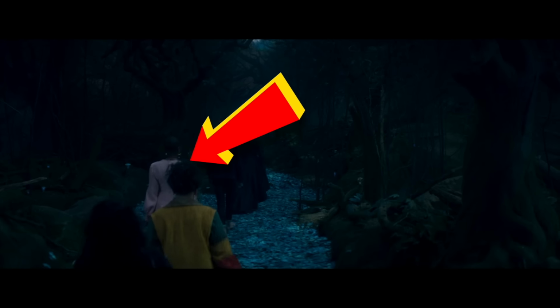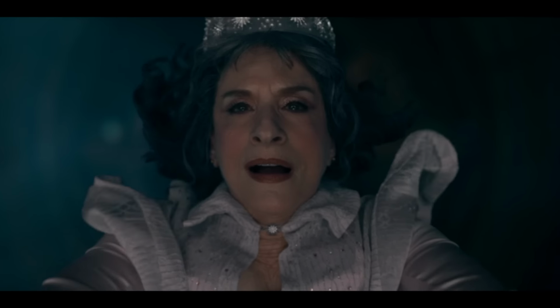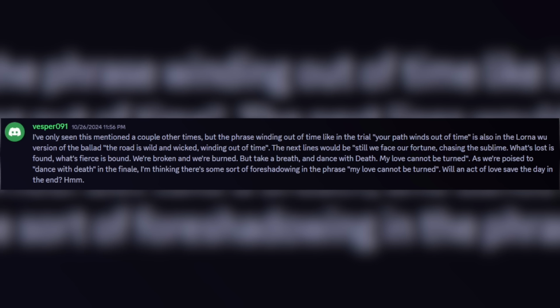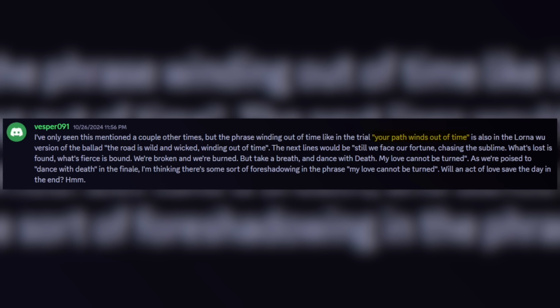Next in line after Lilia is Jennifer, but she makes it out alive, so the symbolism could have stopped at Lilia, or Jen might be meeting her doom in a future MCU project before Billy and Agatha. Agatha do? Speaking of Lilia, Vesper on our Discord pointed out that the phrase, "your path winds out of time" in her tarot trial